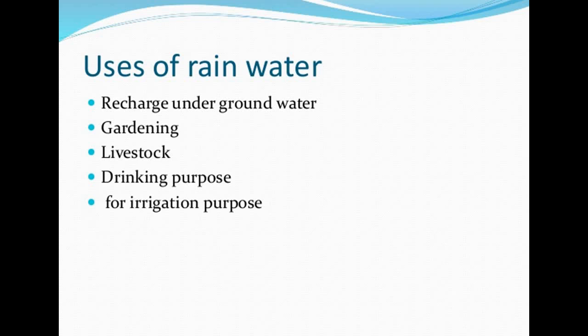So you can collect it in a pot and you can provide all that water to your animals as well. So it can help them to have water for their well-being. And then there is drinking purpose also. For human beings also you can use it. You can clean it with your ROs, or there is the hydrological cycle as well.